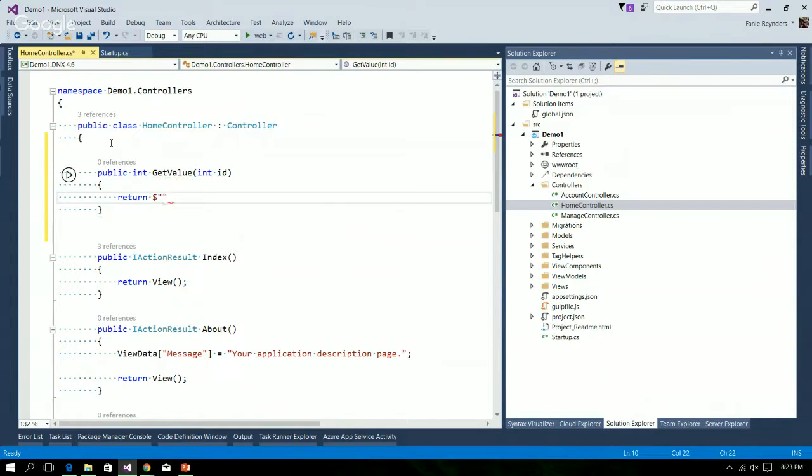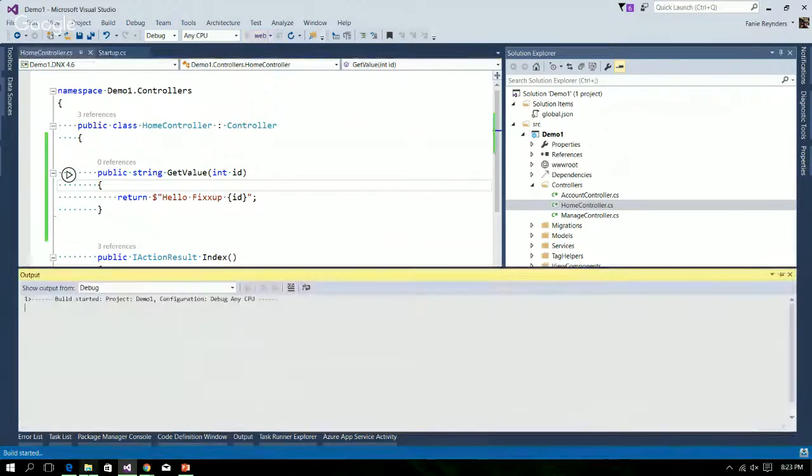So let's see C# 6 stuff. Return 42. Okay, so let's say hello, fix up, and then we'll include the ID in there. Again, cool. That should, no, this would be string. Cool, so that should hopefully work. So now when I run this, again, on a real browser,